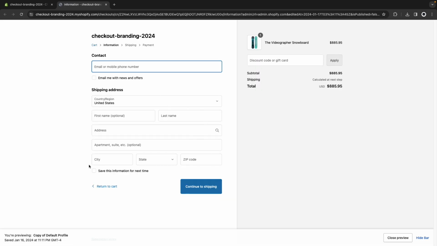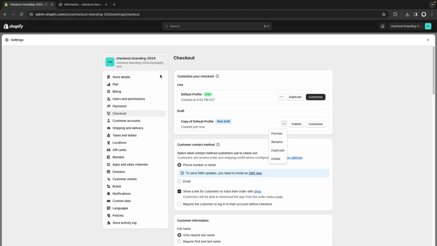This is a draft profile. As you can see here, you are previewing copy of default profile, and if we make any customization here, it will not affect what the customer will see live. Now here, let's click on Customize,